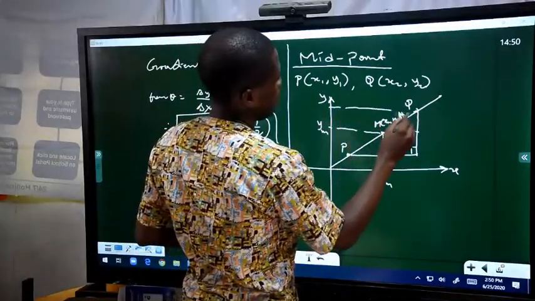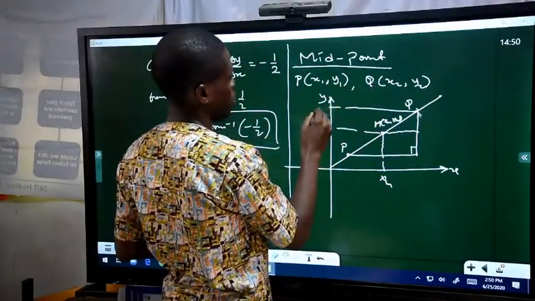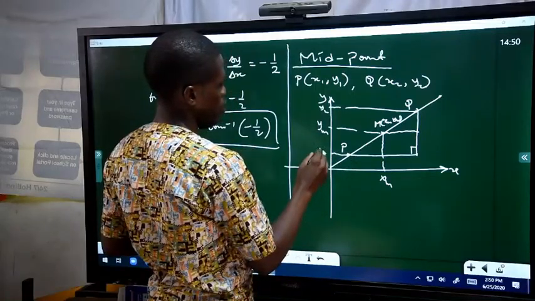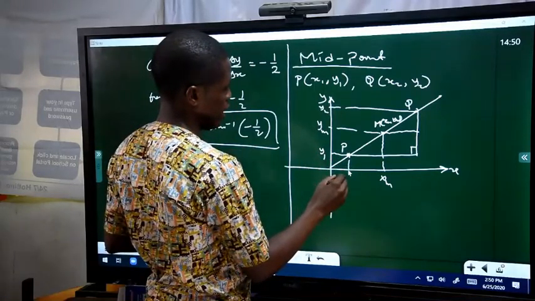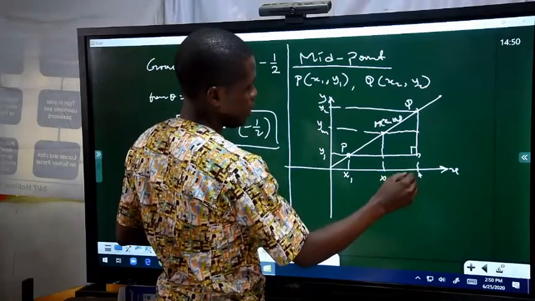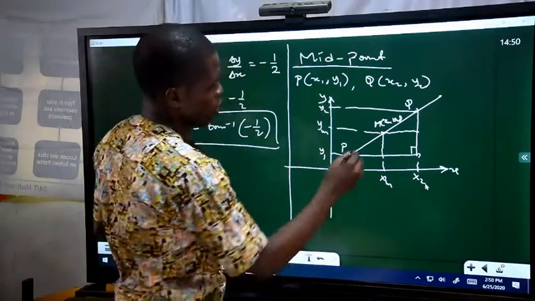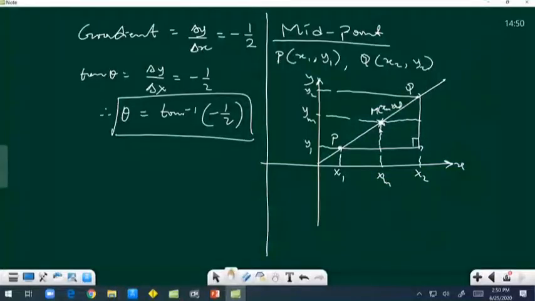And here is point y2. Okay, this is y2, and this is y1. And here we can get this point as x1, and here as x2. So considering this, we can find this midpoint. How do you find that? We use the slope. If the slope is m, we can say delta y divided by delta x is equal to, from this point to this point, y2 minus ym